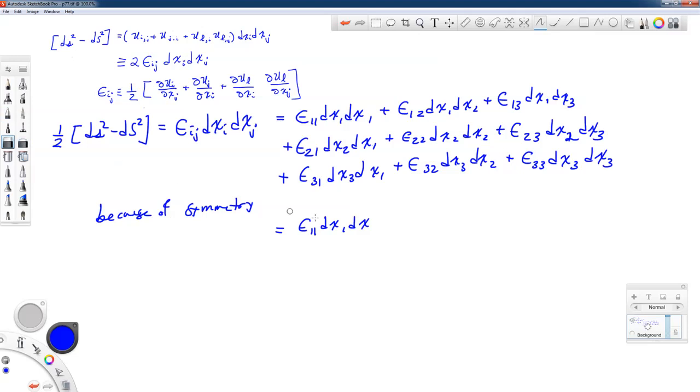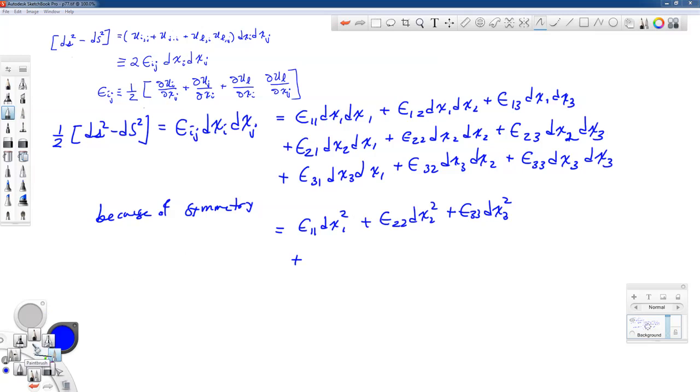Tell you what, let's go ahead and write this as a squared right here. Epsilon 2, 2 dx2 squared, epsilon 3, 3 dx3 squared, and then